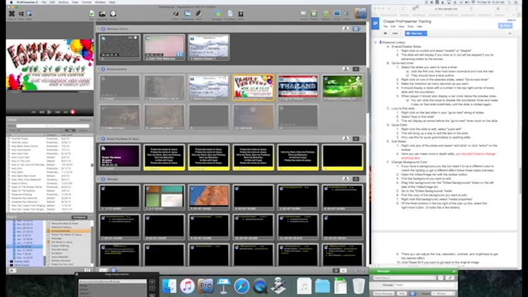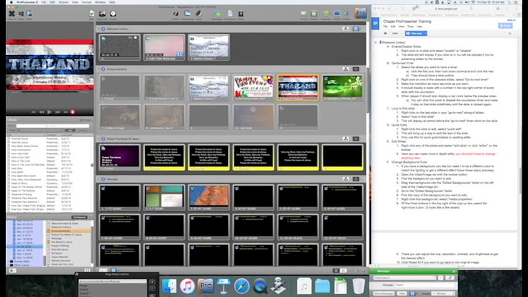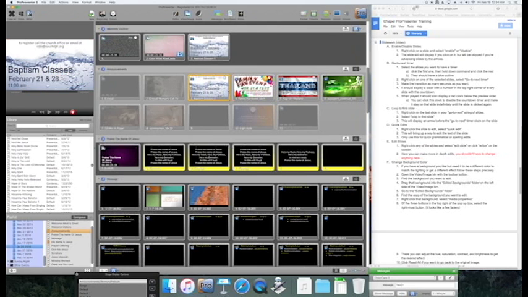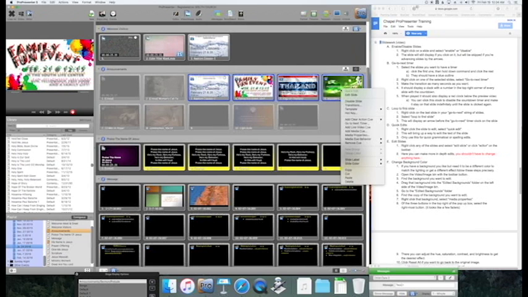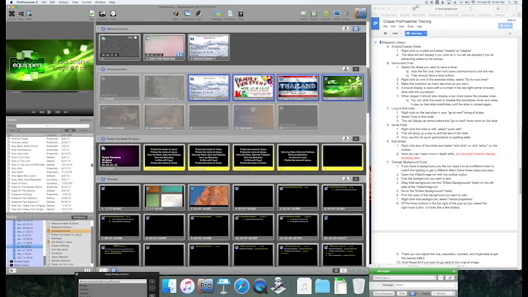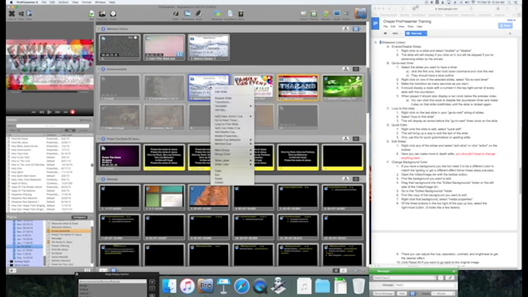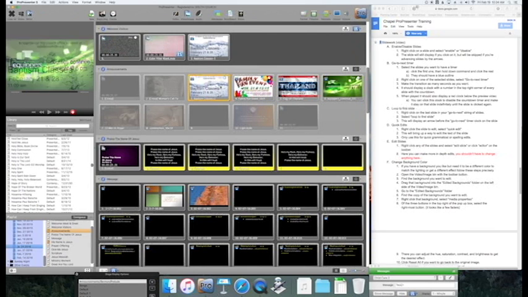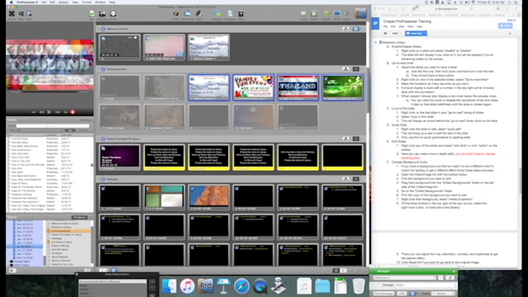All right. So let's go ahead and put this back to where we had it, and let's disable all the go to next timers. If you click and hold down Command, you can select multiple slides. We'll hit go to next timer. We're going to take it out. Hit OK. Whoops. That's not the right way to do it. Sorry. Click all of them